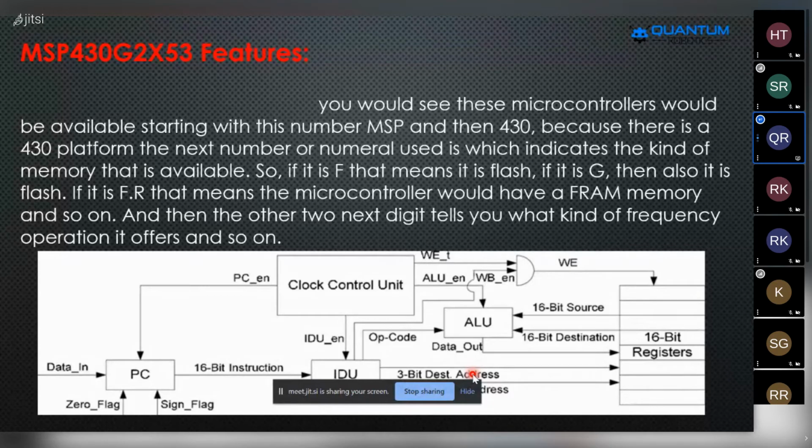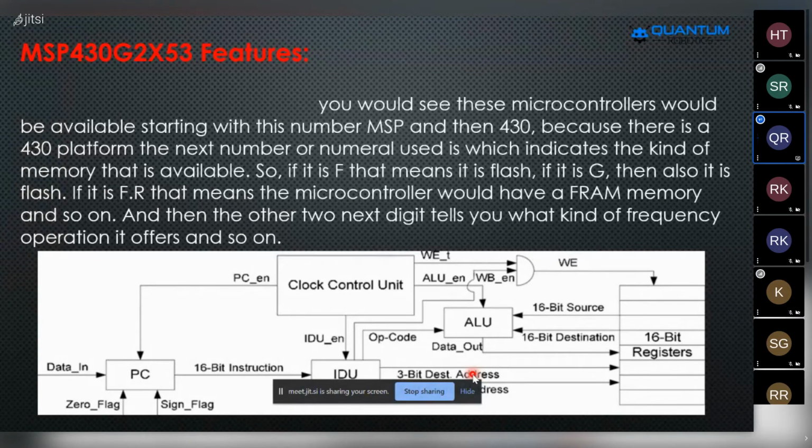And then the next two digits tell you what kind of operational frequency it offers. Here you're seeing how the microcontroller is classified, what the flash memory and the original memory are, and how the RAM is added over here. These are all the things you're learning here.